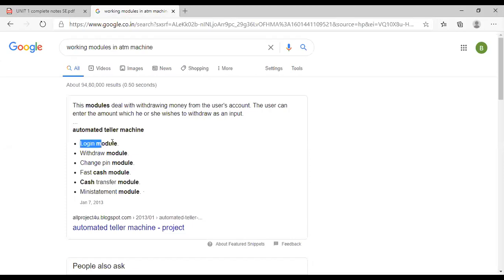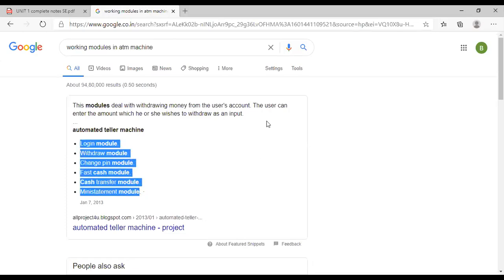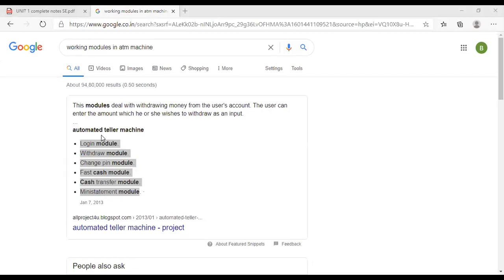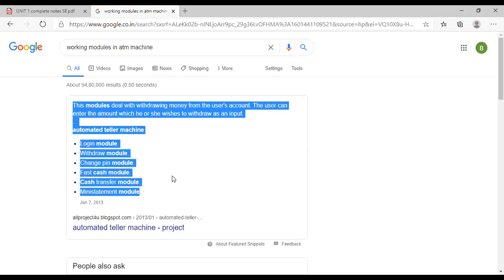So in the modular approach, what happens? First, find out the modules, design the modules, and then develop the code for each module. Then do testing on each individual module. After testing is performed on all the modules, you combine all the modules. And after combining all the modules, okay, you link all the modules, and then the ATM software is created. Okay. So then that entire software is tested, which is called system testing. All right. So this entire process is called modularization.